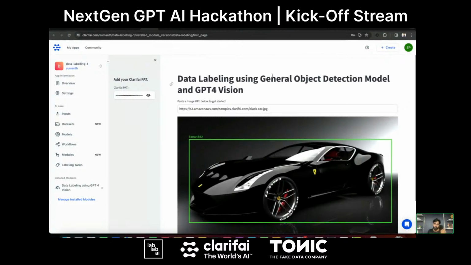We have a tutorial as well on YouTube. Maybe I can share it in the Discord channel as well, in the LabLab Discord channel. You can go through the video, everything that I showed in this session, and everything I covered is in the video as well. So if it is too fast, if you can't understand, or if you have something that you need cleared up, we will be available in the Discord. If you have any questions, feel free to be there. I will be there, and feel free to ask any kind of question. So that's pretty much it for the session. I hope this is valuable.